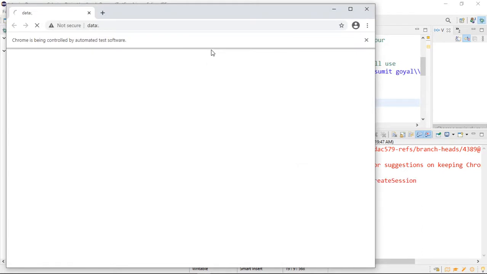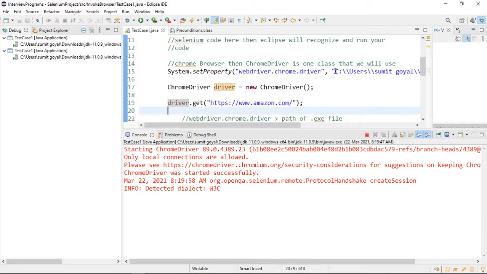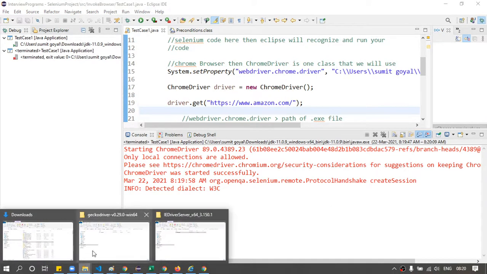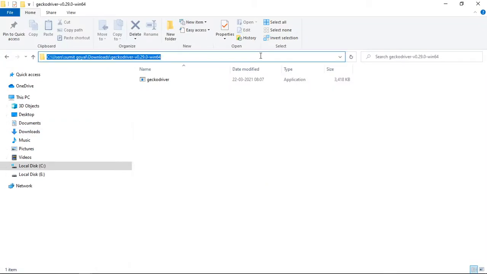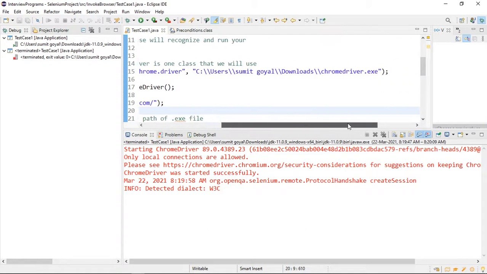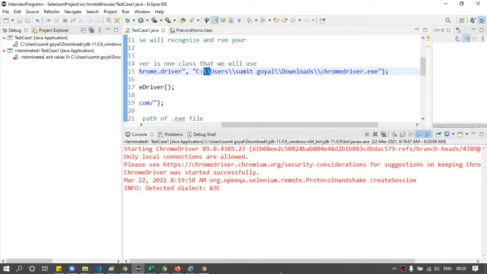In the System.setProperty, why have you used two backslashes? Here. Because if you copy it from here, you will see a single slash, right? But Java will only accept a double slash as it is Java code. If you try to put a single slash, it will not work. Basically, Java will accept double slash here. So that's why I put it. Right? And if you see, so let me, I think the program is finished.